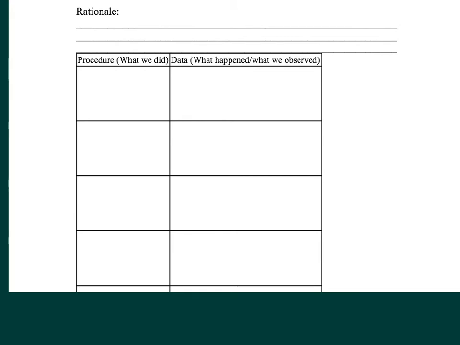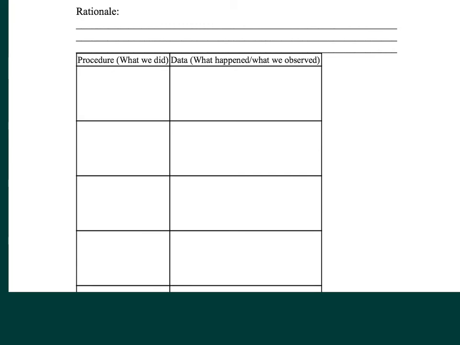You're going to say, well, the reason we came up with this hypothesis is we saw this. Then your next step is going to be to perform experiments to test your hypothesis. And this is really important. You're going to want to try and figure out what procedures can you do that allow you to test out your idea? So here's the question you have to ask yourself.